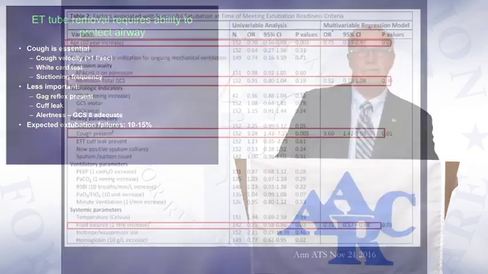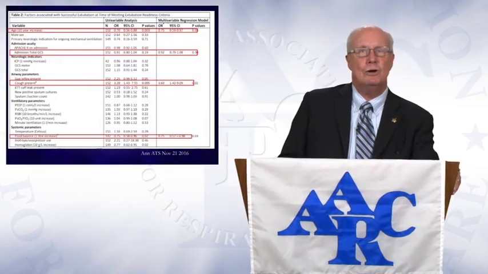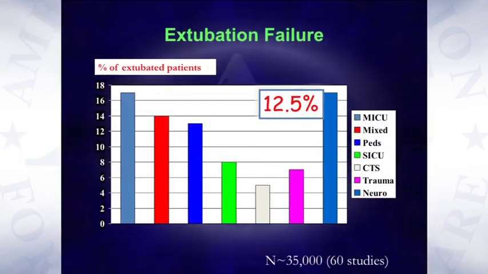You can expect extubation failures, and I'll come back to that in just a moment, because I think extubation failures are kind of an interesting guide to your own philosophies. So going back to the CNS effects, this is a very busy slide. I don't expect you to remember it, and it may be difficult to see on the program here. But I've highlighted the point that you don't need anything more than a GCS, Glasgow Coma Scale of 8, to safely extubate somebody. And again, these data also emphasize the importance of the ability to protect your airway and the ability to cough. As I say, extubation failures is an interesting parameter to follow, a quality indicator in your ICU.